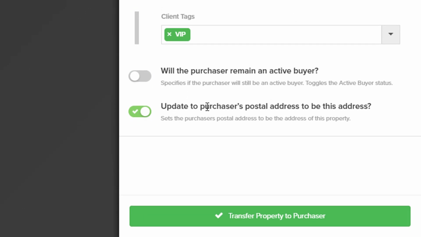And the last one is, do we want to update the purchaser's postal address to be the property address that they have just purchased? So if it's not an investor and they're moving in, you want to leave this on. If it's an investor purchasing an investment property and they're not moving into it, you would turn that off. But for this example, it's staying on, they're moving in, and then the final step is to transfer the property